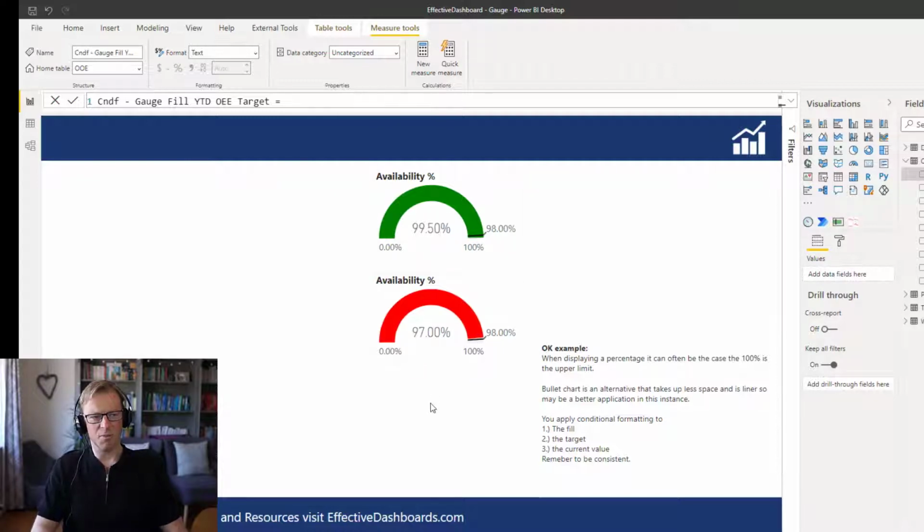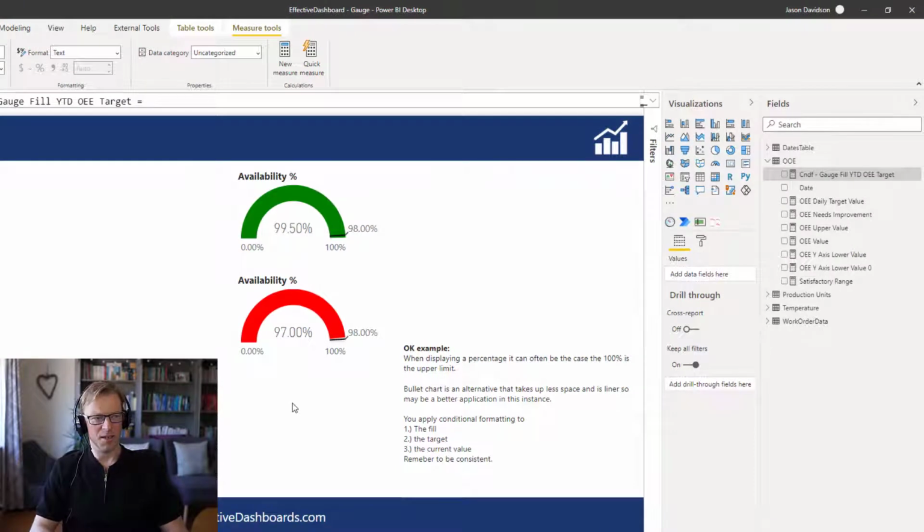Now this is probably less than an appropriate one because it's going to be always red or always green, because most of the time the data is going to be close to this target or 0. If it's offline at 0, then it's going to be white, and there's going to be no need for this fill. So if we look at it from a bullet chart point of view,